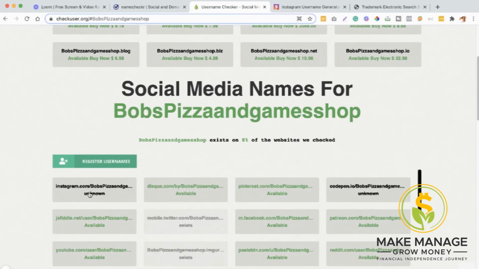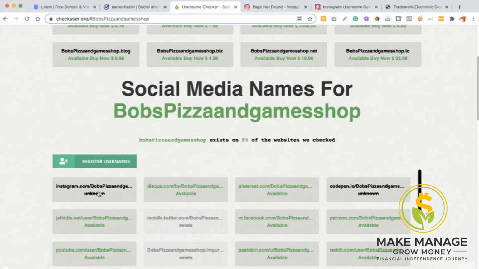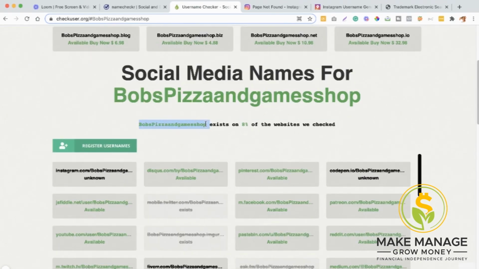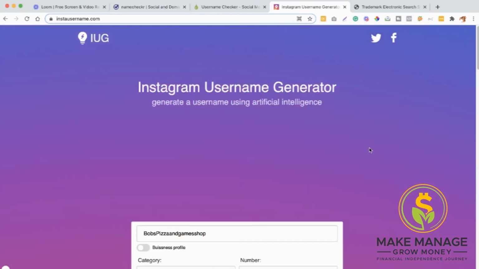We click on this. I think it's going to redirect you so you can actually see who has that name, and it's not showing up here for some reason. So maybe someone had this and then they closed it, or it's just a weird name for some reason that's just not being accepted, or maybe I tried it here and it didn't work before. Let's copy it, because I initially came over here to the Instagram username generator or search. I pulled this website up because it wasn't available. Instagram wasn't showing up in the name checker in the first one. So when we come in here and type in,